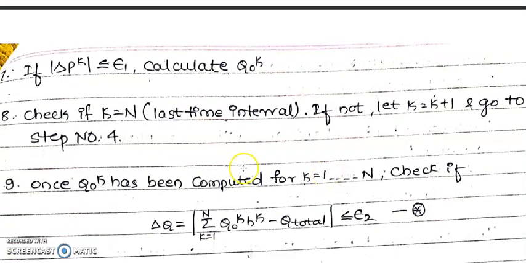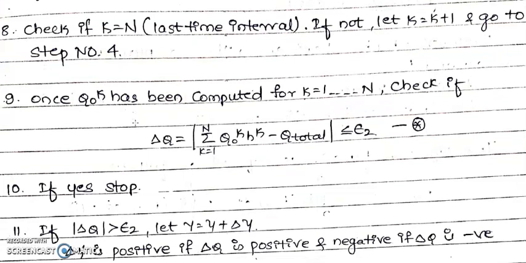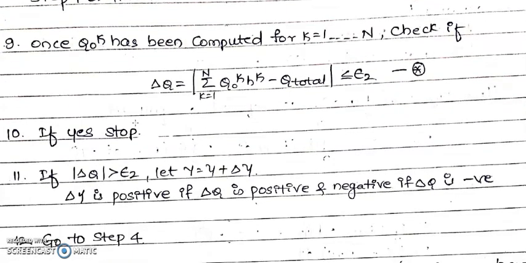And after that, if delta pk is less than or equal to epsilon 1, then at that time calculate q naught k. Then check if k is equal to n, that is the last time interval. If not, k equals k plus 1 and go to step number 4. Once q naught has been computed for k equal to 1 to n, check